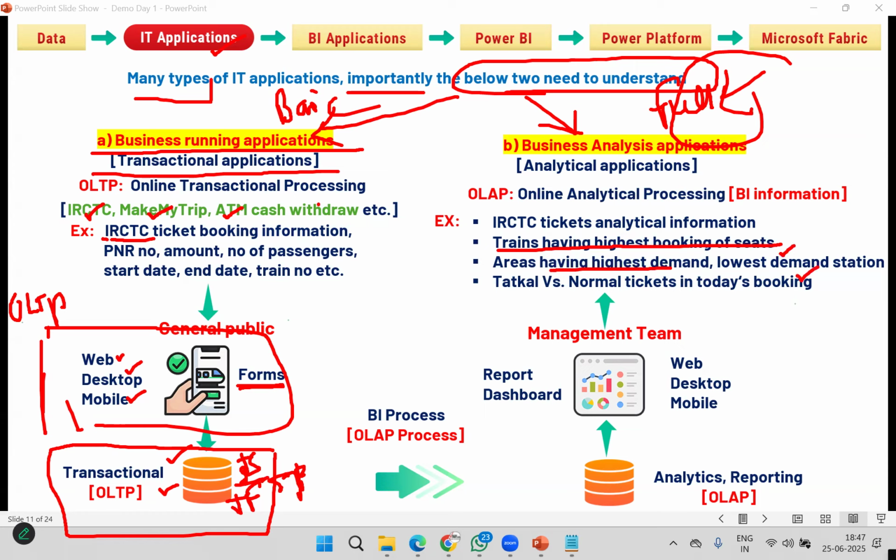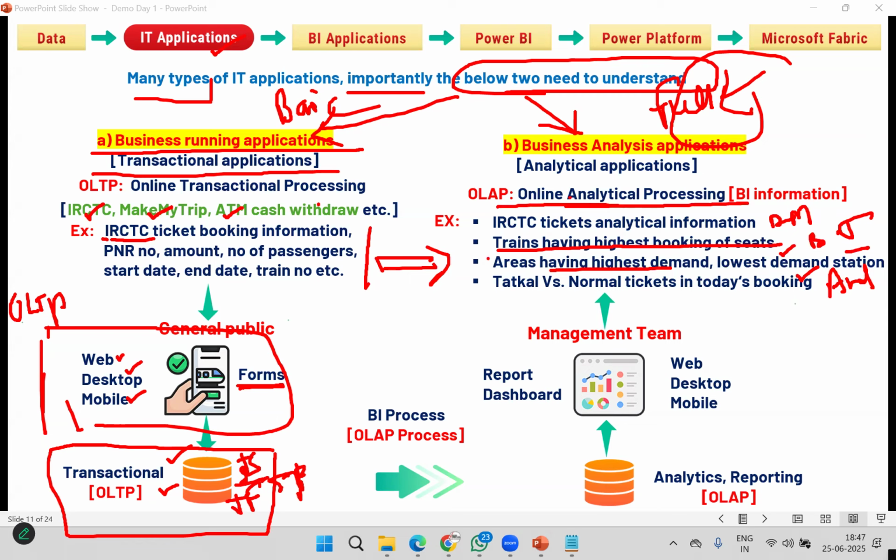Which region has the lowest sale? So from the general basic booking, they want to derive information like this. This is called decision-making data, or business intelligence data, or analytical data. Simply decision-making or business intelligence data, or OLAP data.